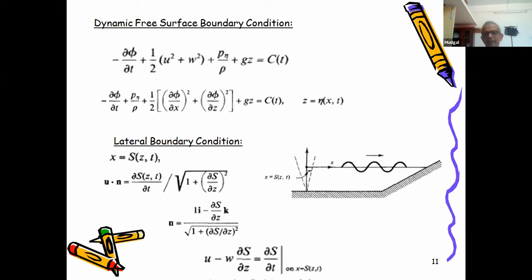And just like your bottom boundary condition satisfied the condition of a streamline, the free surface also satisfies the condition of a streamline. Therefore, we can use this